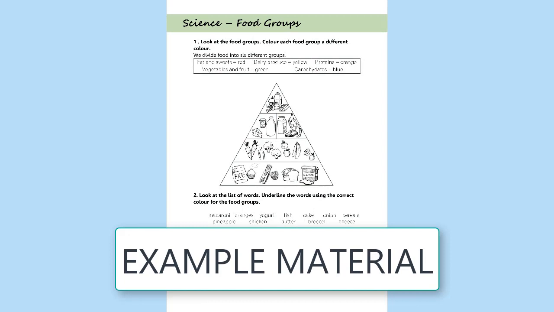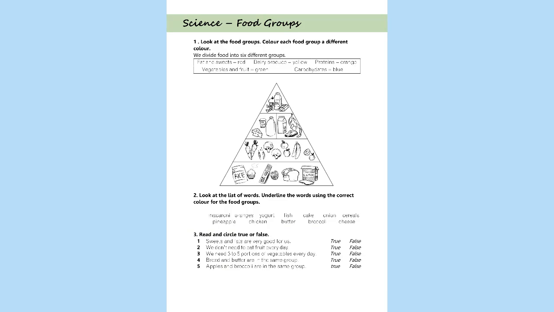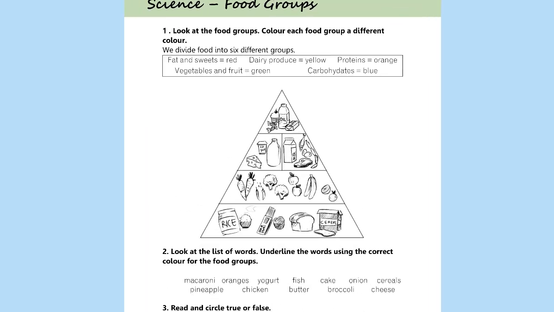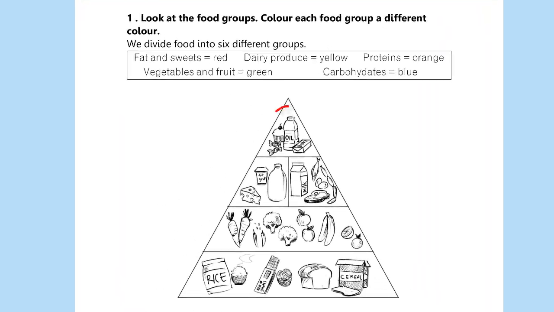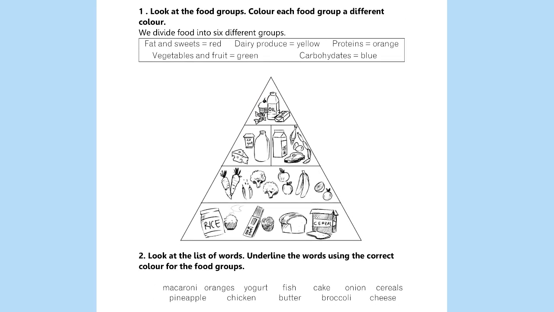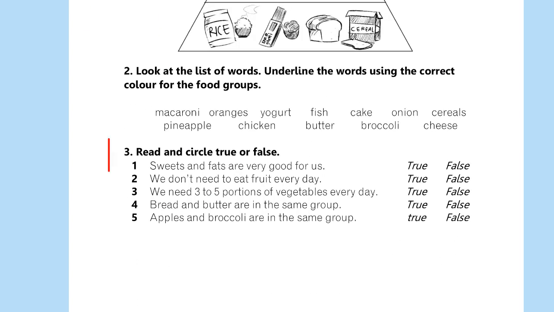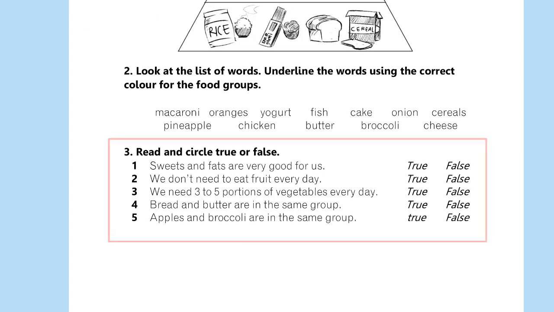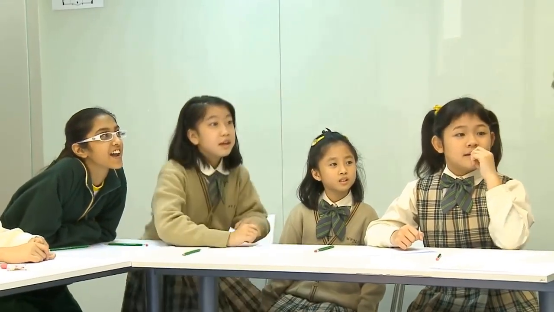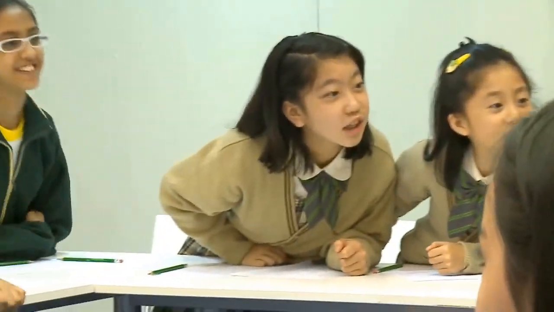And this is an example of CLIL material. It is used to teach the diet to Thai students in grade 6. It has to be in English and is composed of 3 parts. First, it needs to have pictures provided for students to understand the content easily. Second, different colors are needed to help students categorize food types. Third, the questions under the diagrams are necessary to measure the students' understanding. Students might be required to read the questions out loud and circle true or false answers. The follow-up questions might be provided by the teachers afterward.